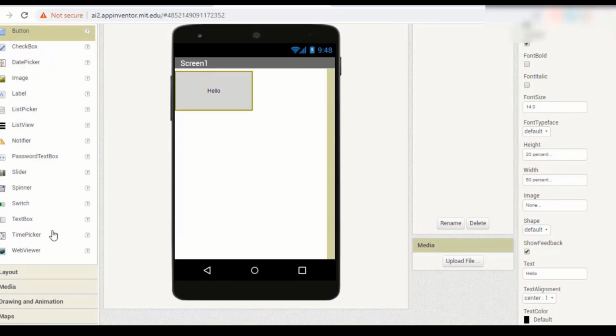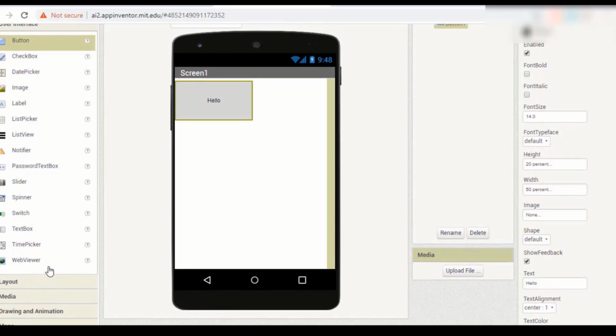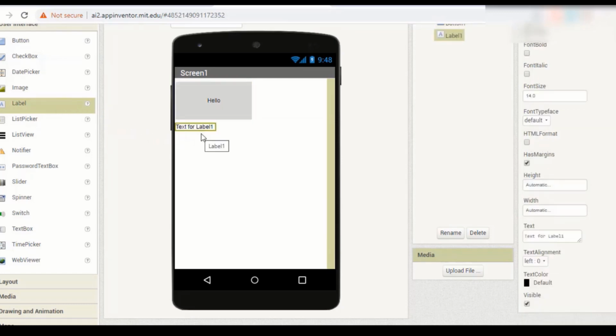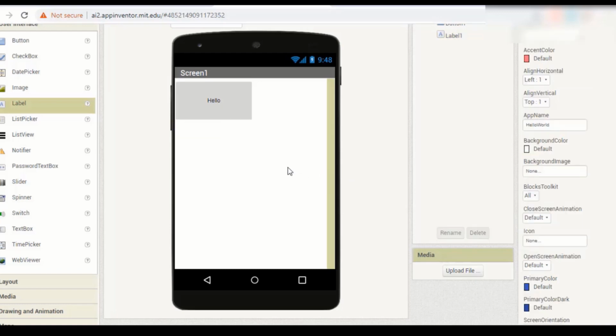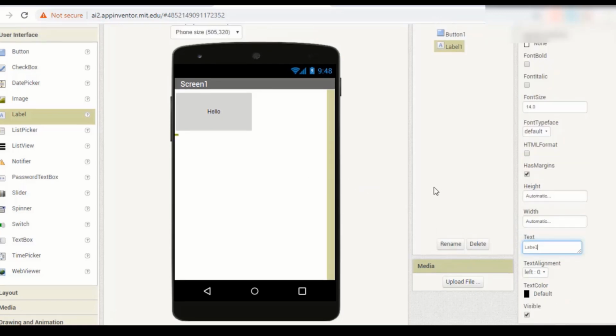Now in this app we need one more option, that is label. So let's select the label option over here. What we want is that whenever we press the button, something should appear on the label. Now as we added the label, you can see it in the components also. Now change the name of this label. We are just editing the label, removing whatever text is written in it. So once we edited that,